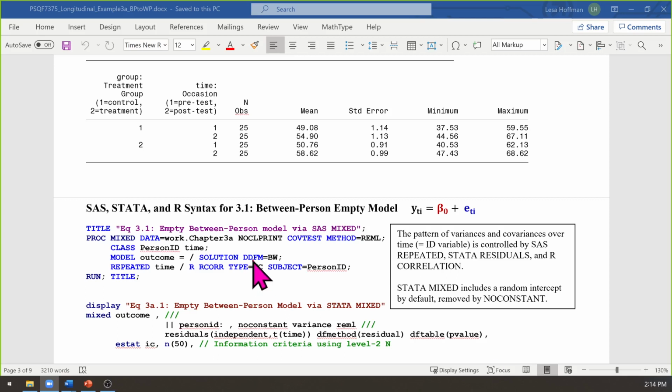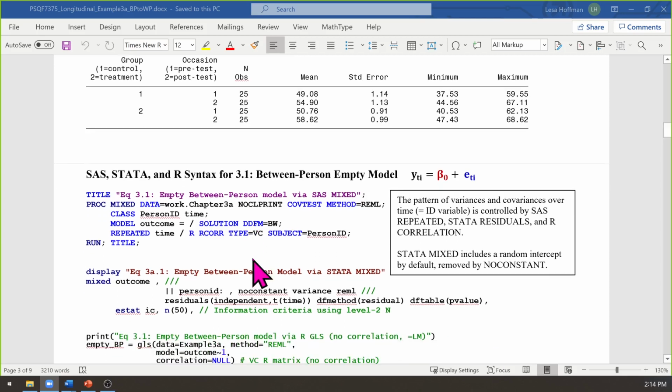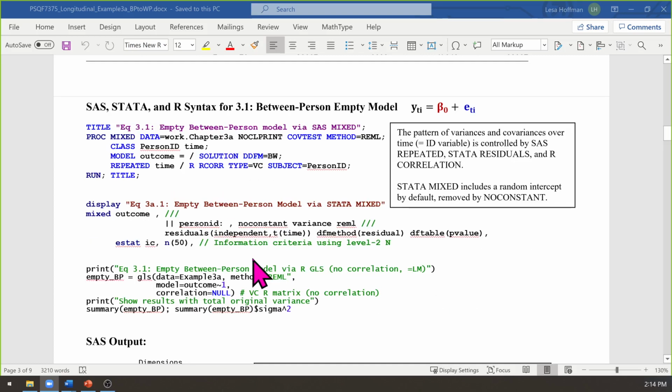All right, so my purpose here then is to introduce you to the model code that we will use throughout the semester in SAS and Stata mixed. And what it's going to look like in R is going to change across my examples because in R, one package does not do all the things that I need it to. So I am learning more about the Wild West that is R, much to my dismay.